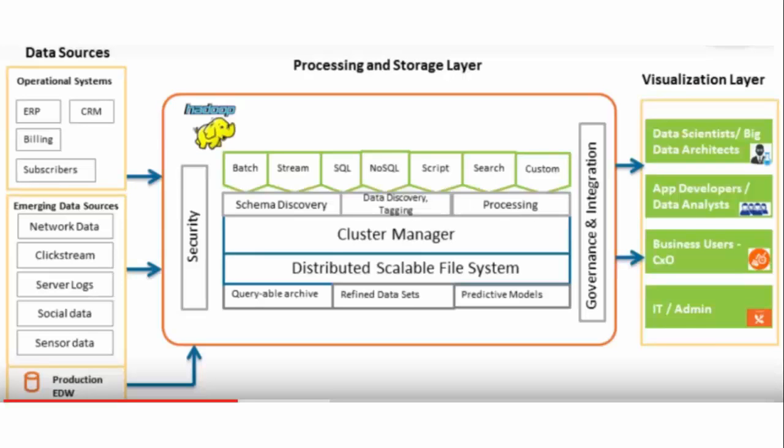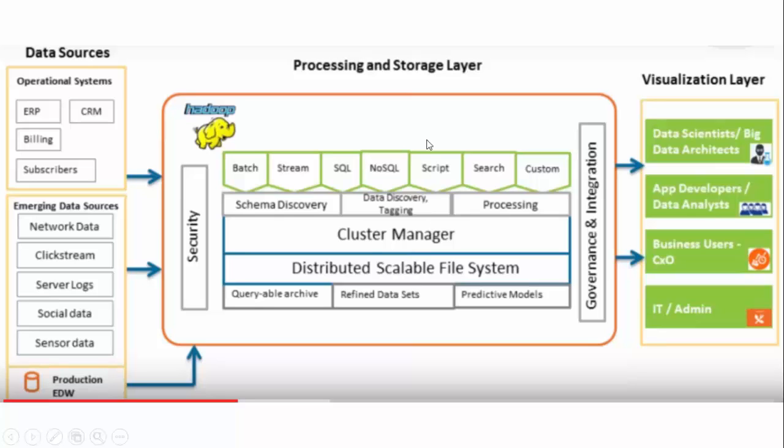So next we will look at the logical view of the data lake. Now this view consists of three layers as we can see on the screen. The data sources layer on the left hand side, the processing and the storage layer in the middle, and the visualization layer to the right hand side. Now in the source layer, data ingestion happens in incremental, batch, streaming or bulk load methods. The storage format and the strategies for partitioning and splitting of data are decided at this layer.